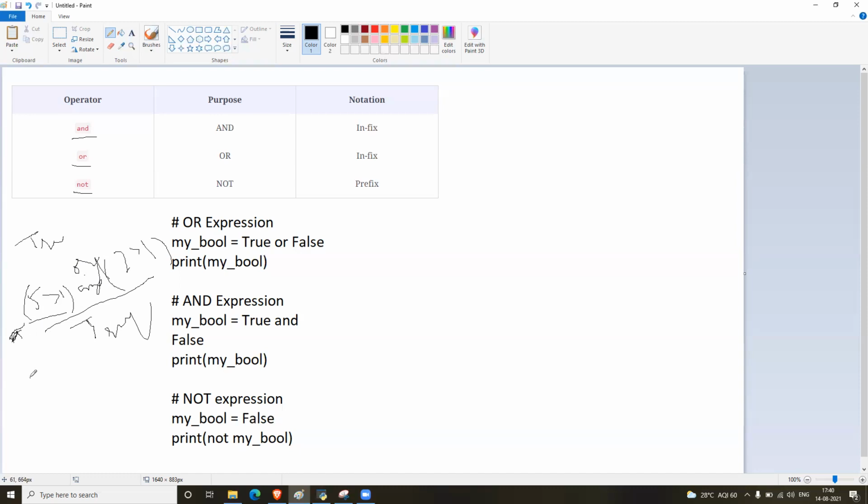For bitwise NOT, we'll be using this one, but for logical NOT, we'll be using NOT here. We'll write NOT like this. So this is the sample return. A Boolean value is true or false. So OR will return true, AND will return false, NOT will return true, and NOT of false will return true. Like this. These are logical operations and a glimpse of bitwise operations, because we already explained them earlier.